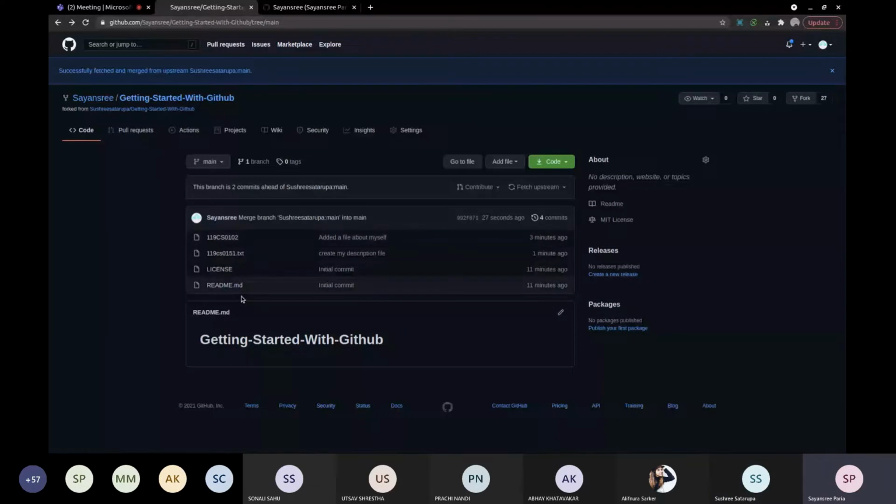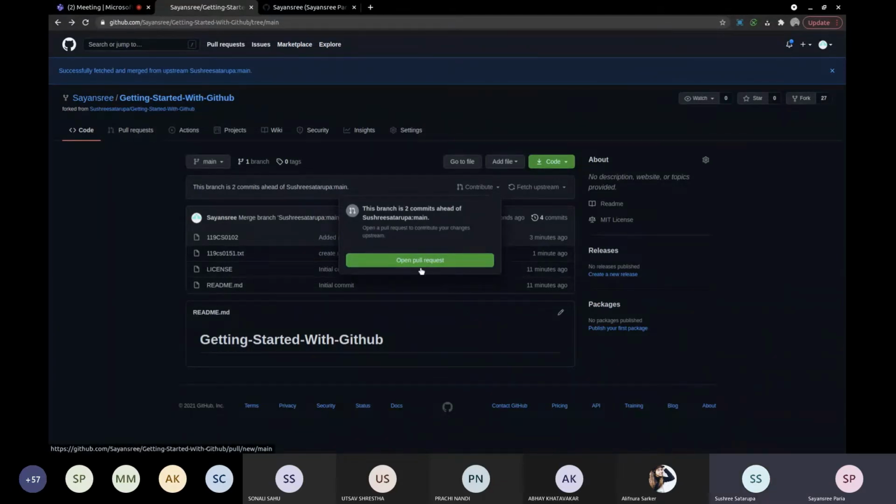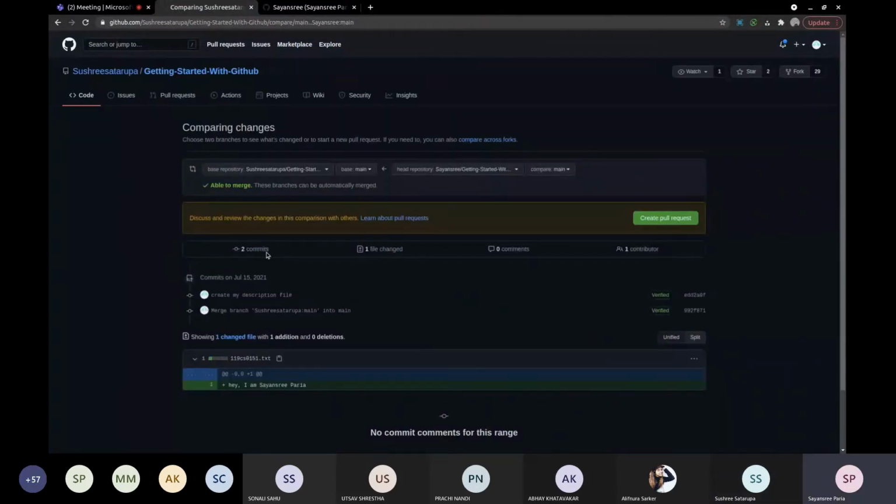So now what we will do is we'll create a pull request. Here on the top part, you will see your branch is some commits ahead of main. What we're trying to do is, you have made some changes on your repo, and we will make the same changes on the main repo from which you have forked. So we'll have to create a pull request for that. You can click on contribute, then open pull request. Then simply click on create a pull request and give it some title.